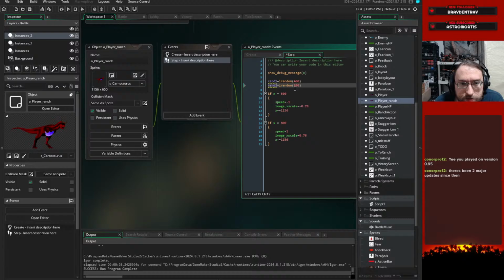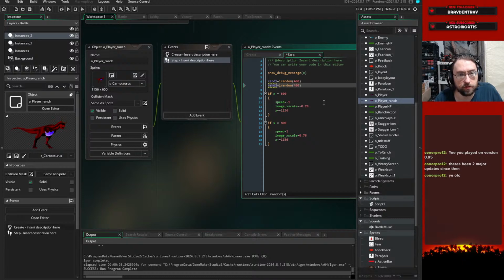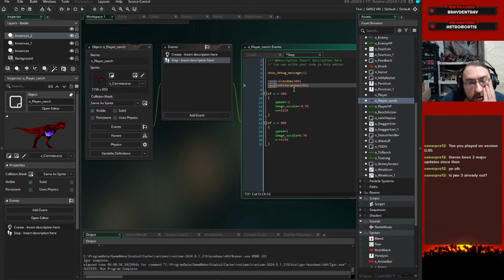How do I do this? I need, no, we do this. We do random 2 is like 400 plus 401 plus the randomly generated integer. Yes. And then this becomes rand 1. And this becomes rand 2. And now in theory,